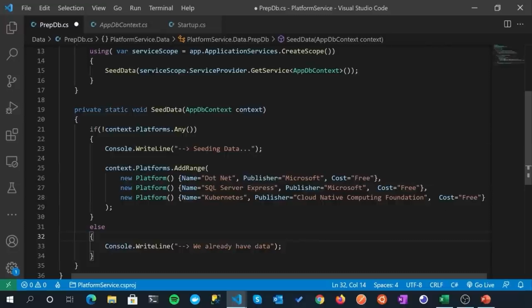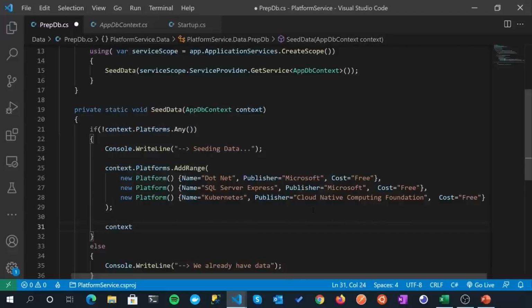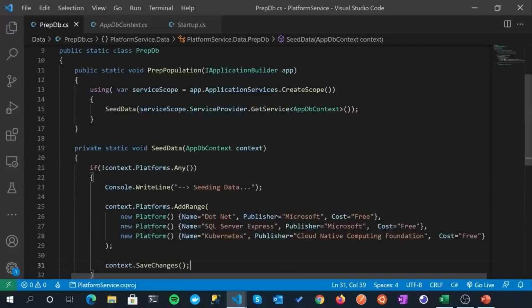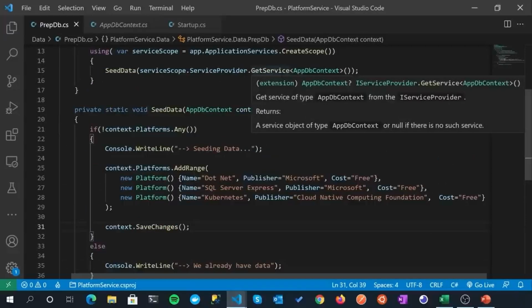All right, so that's cool. We've added our products to the database effectively. Do not forget, and I always forget this, do not forget to call context.SaveChanges. Because yes, that AddRange will add stuff to the database, but unless you save the changes, it's not going to go in there. Right. So that's it for the moment. PrepDB is done. It's going to start up, give us a database context, and add that to our database. So why don't we give that a go now?